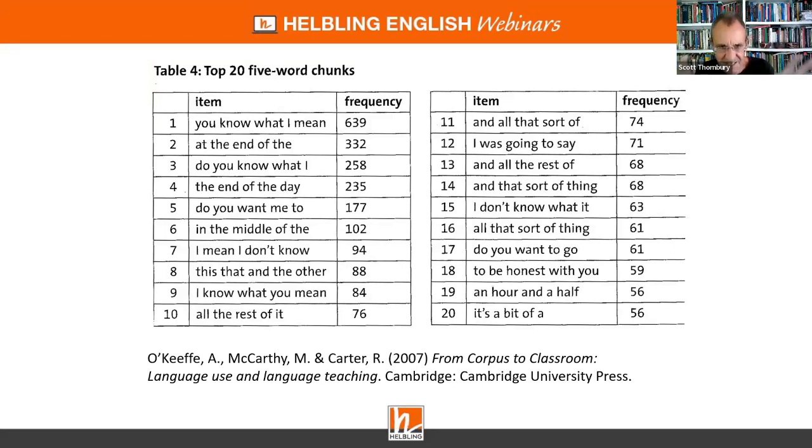So these are just 5. So you can see some of them are actually not complete. Number 2, at the end of the, well, it's probably going to be at the end of the what? At the end of the day. But this is just to demonstrate how much of language is formulaic. These are very common,